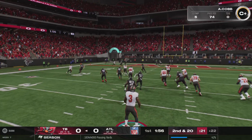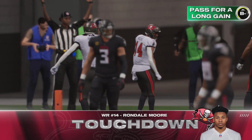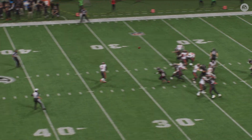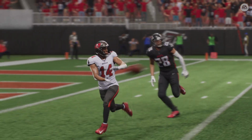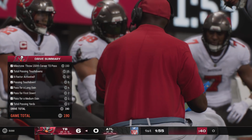And what do the coaches say? And he'll take it on in. Rondale Moore. Touchdown, Buccaneers. It's his second touchdown of the year. You know, Mike, at this level, not all touchdowns are created equal. There's some plays that result in touchdowns, and then there are touchdown strikes. And this one is the latter. I mean, you talk about a confidently thrown...